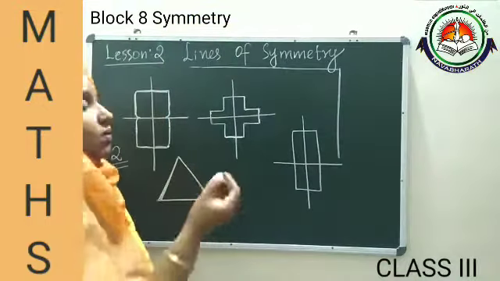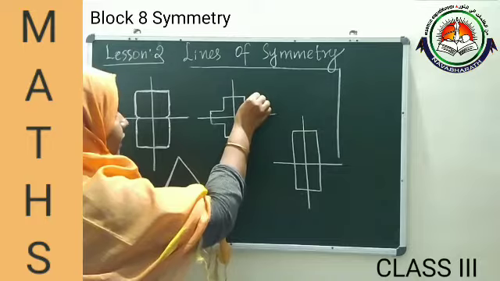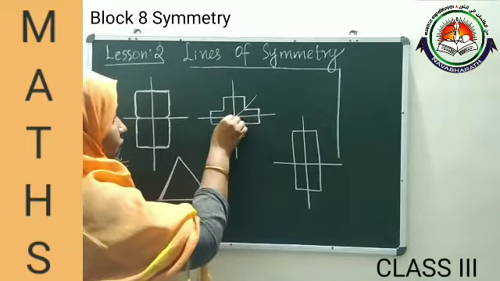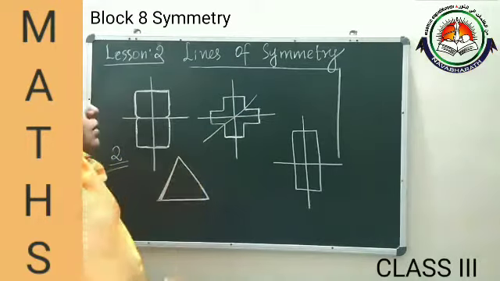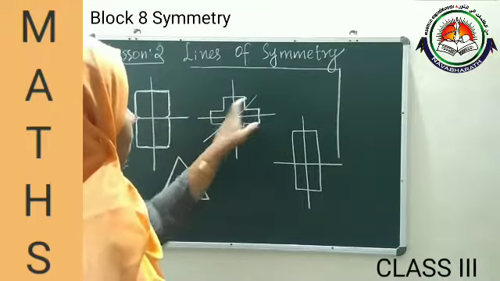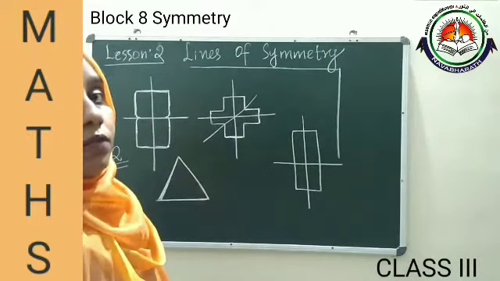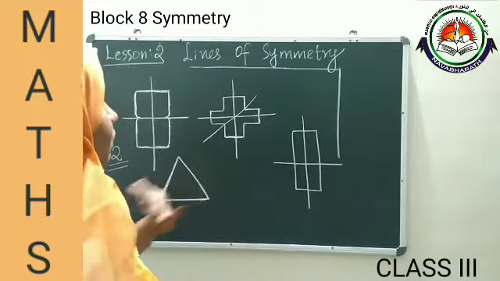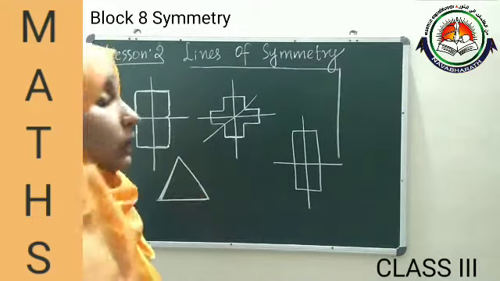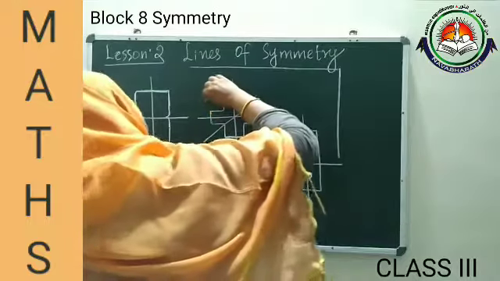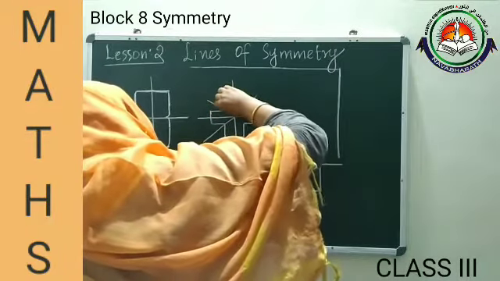Then one more way we can cut is like this, diagonally, from one corner to the opposite corner. So one more line of symmetry we got. So we now have 3 lines of symmetry. So the next way to cut this is